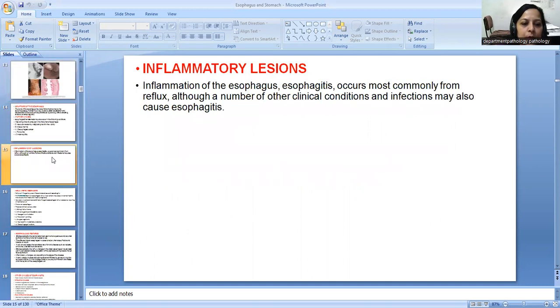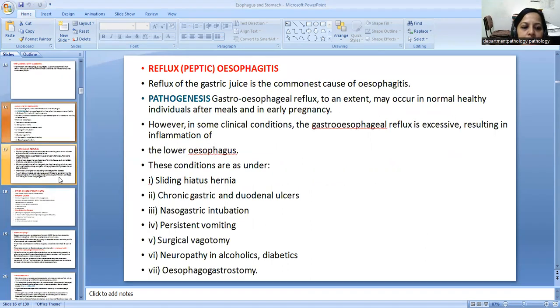Now we will study the inflammatory lesions of the esophagus. Inflammation of the esophagus is esophagitis, which happens most commonly from reflux, although a number of other clinical conditions and infections may also cause esophagitis. So here we will look at